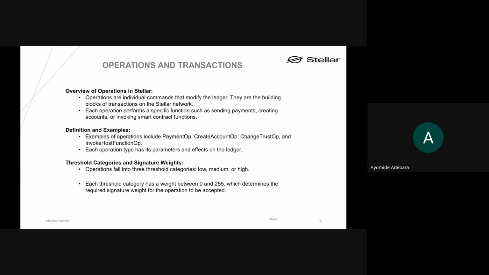So this means that when you are sending a transaction, that transaction could include many operations, and these operations could fall into a low or a medium type of operation or even a high operation. And so there is a threshold for these categories of operation, and this threshold is between 0 and 255. So it's important that while you are sending your transaction, you understand the threshold for the operation to be accepted, basically.